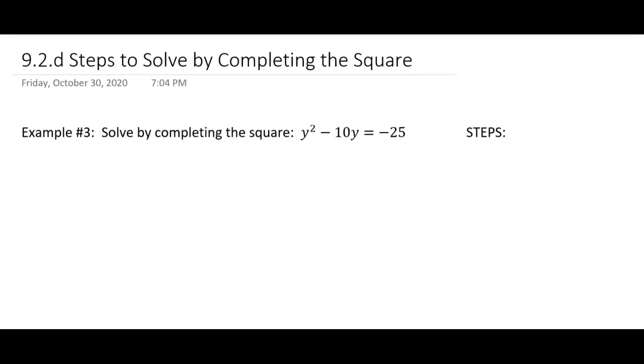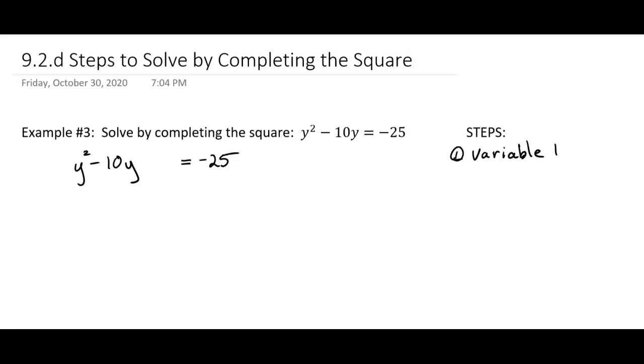So we're going to do another example of solve by completing the square. And this time we're going to write out some steps for you. So here's the problem, y squared minus 10y, and then leave a little space, equals negative 25. That's the setup. So step 1, make sure variable terms,